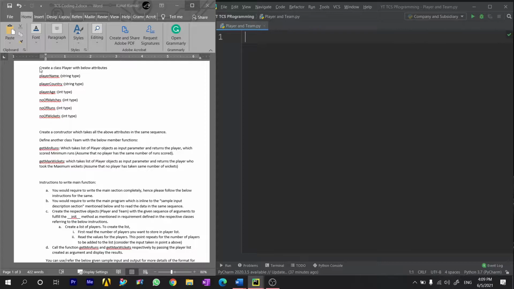So here first we need to create a class Player with the following attributes. Do note that TCS is very particular about the names. If you have to create a class Player, then the name of the class should be Player and not something else. So let's start. Class Player,